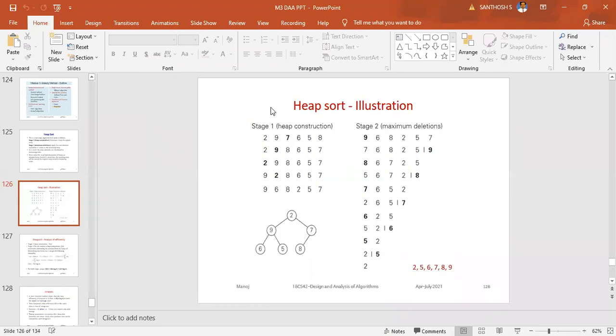Which are the two conditions of the heap? Yes, you can chat now.